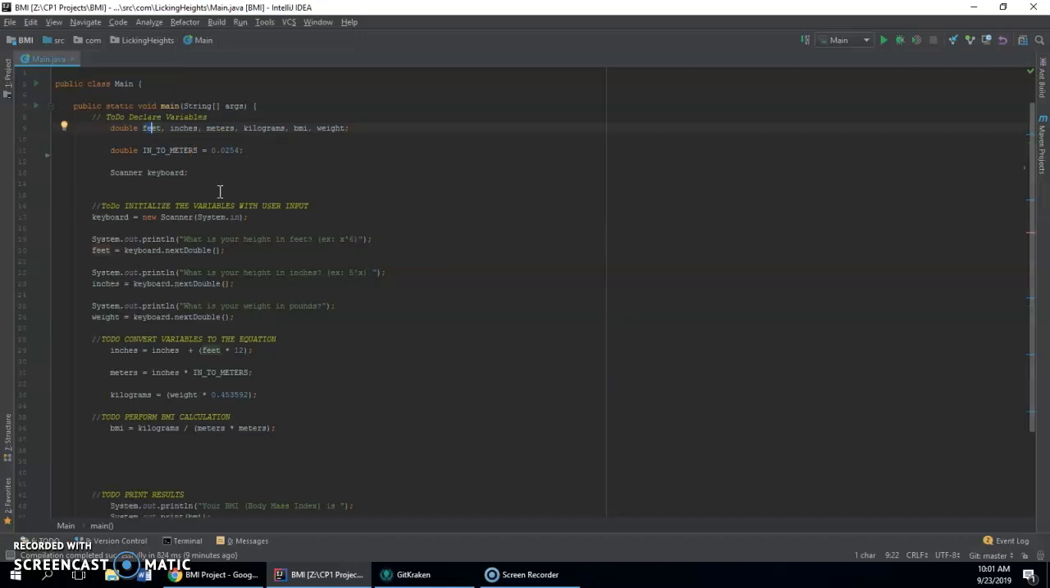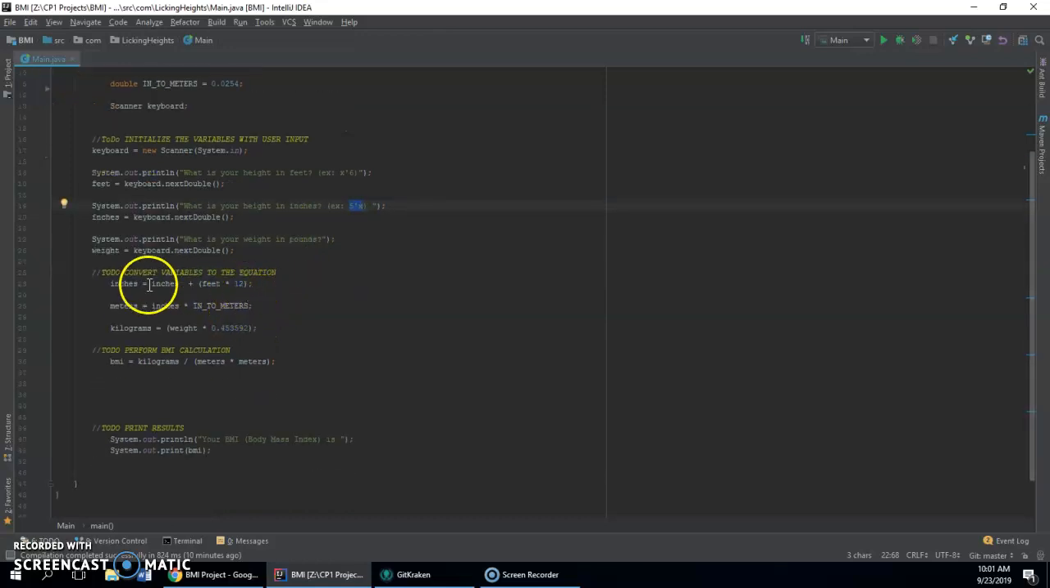And then we initialized the variables with the user input by asking what is their height, with the feet only, as you can tell here, and then just your inches here, then your weight in pounds. Then we took that, we did all these convert variables to the equation,